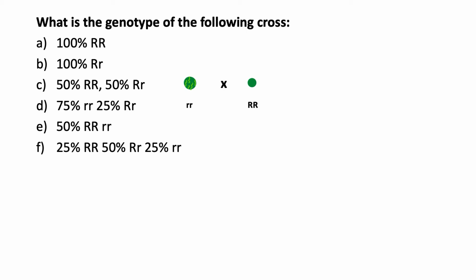And in this case, the gene we'll be dealing with dictates whether a pea will be round or wrinkly, with an uppercase R denoting the dominant round allele and a lowercase r denoting the recessive wrinkled one. I'm asking what the genotype will be if two pea plants with the genotypes lowercase r, uppercase R are crossed. Remember, when doing problems like this, it always helps to draw a Punnett square.